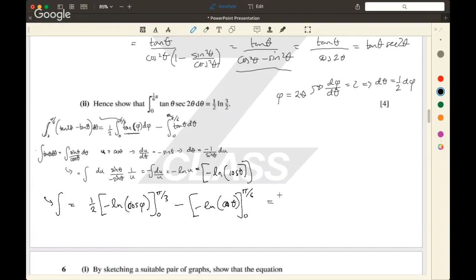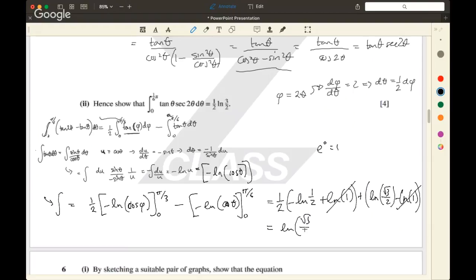And so if we do that, we get 1/2 of minus ln of 1/2 plus ln of 1 plus ln of square root 3 on 2 minus ln of 1. And ln of 1 is just 0 because e to the 0 is equal to 1. So this is ln of square root 3 on 2